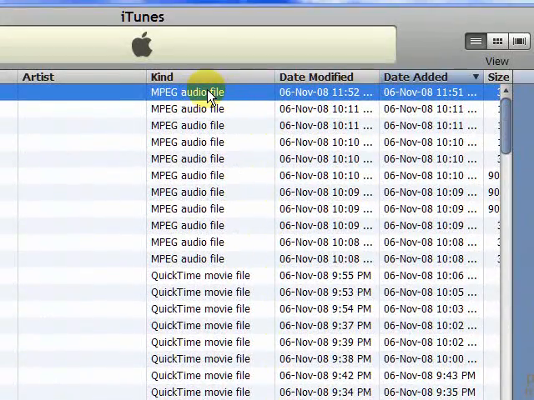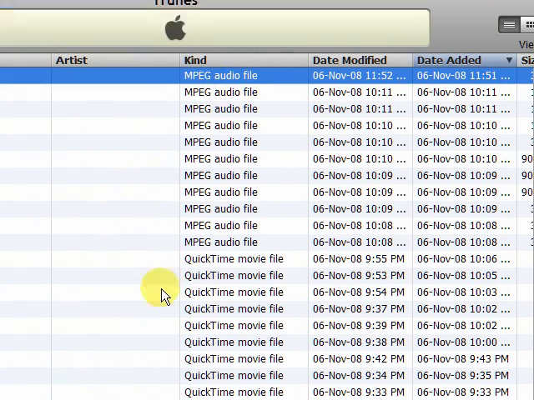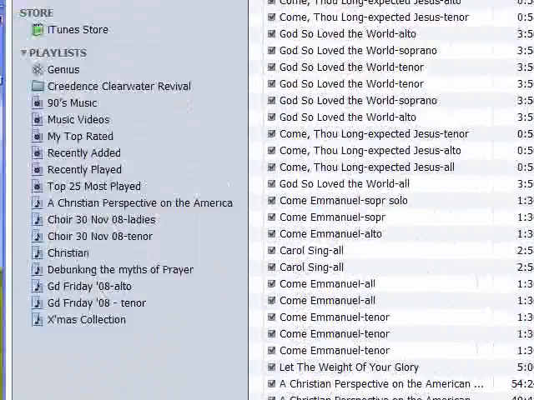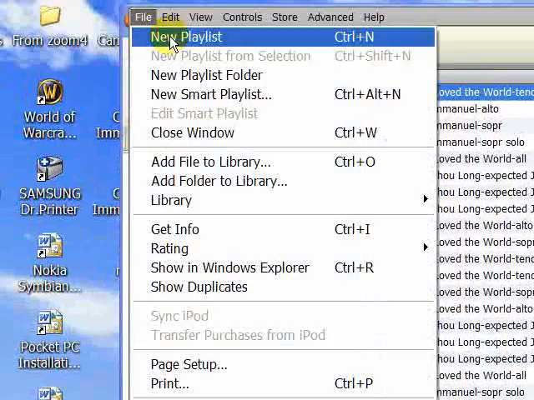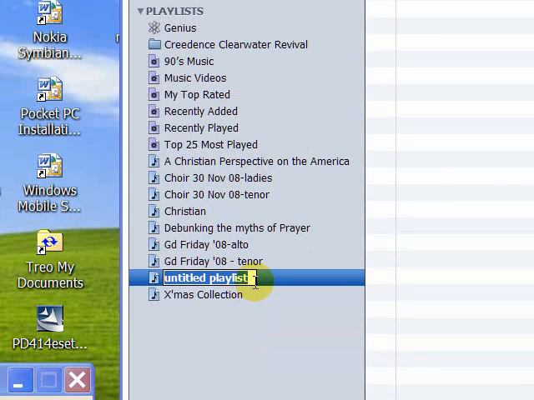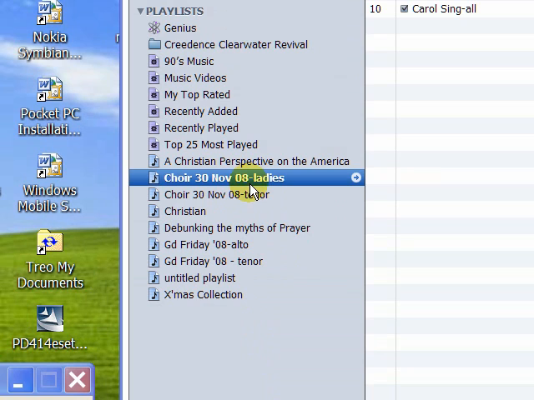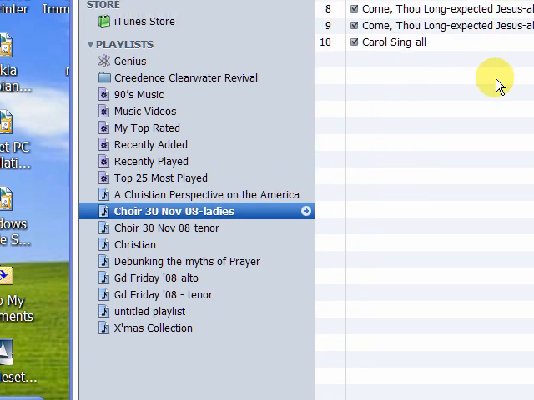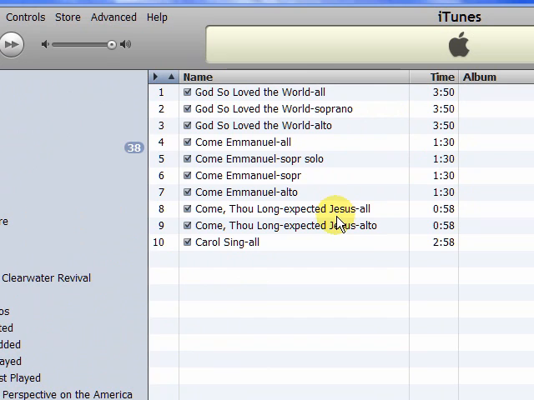and if you've got a whole bunch of files here, what I would suggest is you create a playlist. Alright, click a new playlist and name it something which you want. In my case, I've named it Esquire 30th November 08 Ladies, and I put all the mp3 files in this location. And the next thing you do is to burn it to a CD, or as I mentioned earlier, if